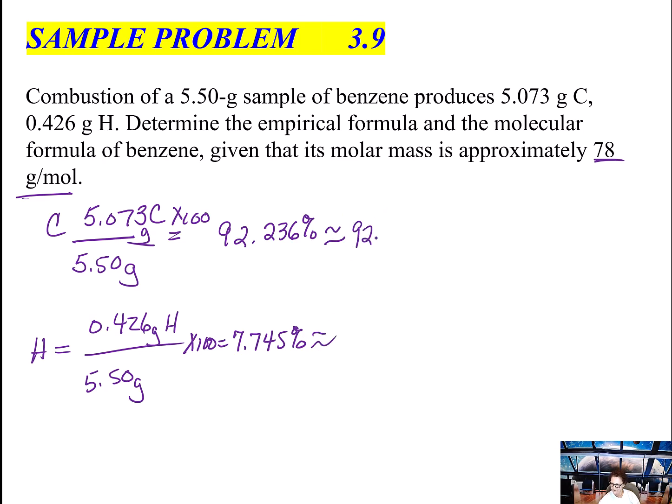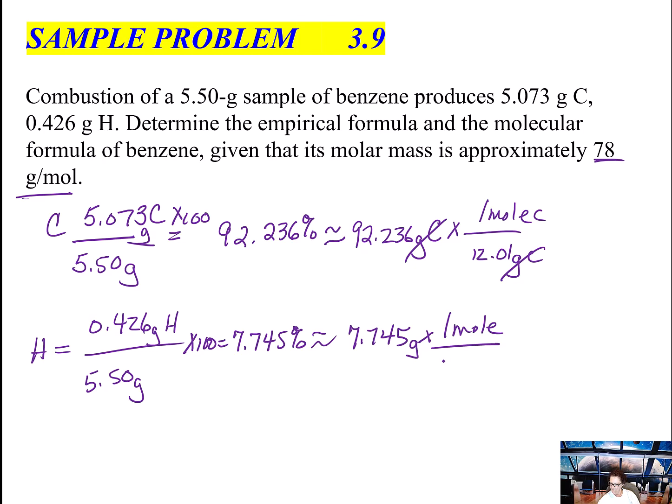So 92.236 grams of carbon times 1 mole of carbon is 12.01 grams of carbon, which gets rid of grams because I have to have that molar ratio, and then 7.745 grams times 1 mole over 1.008 grams of hydrogen, okay, and then that's going to give me